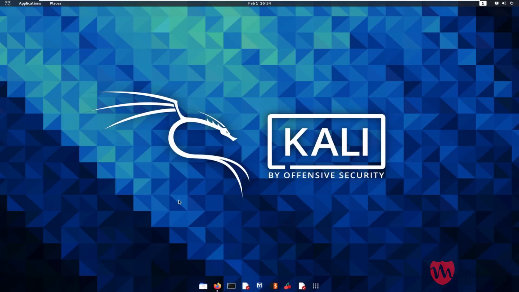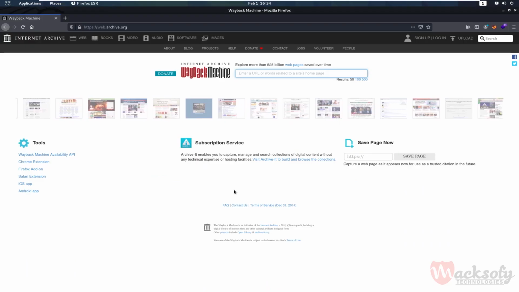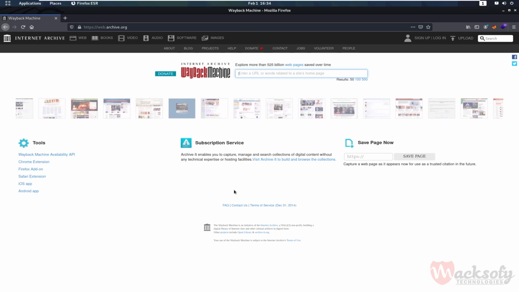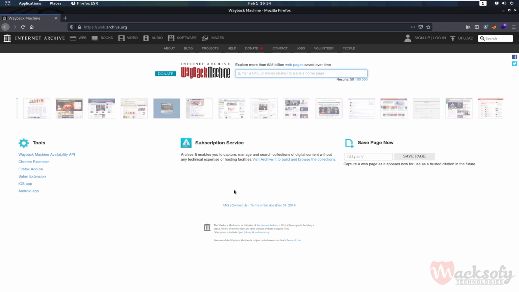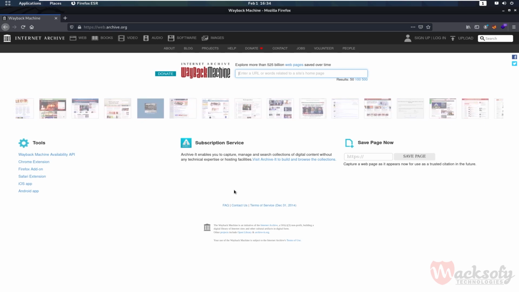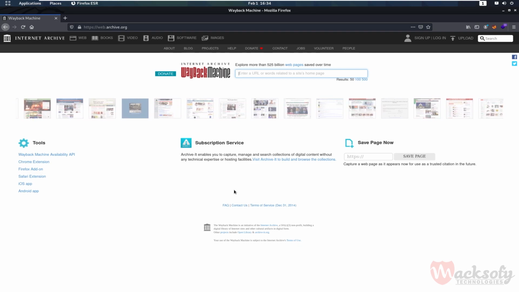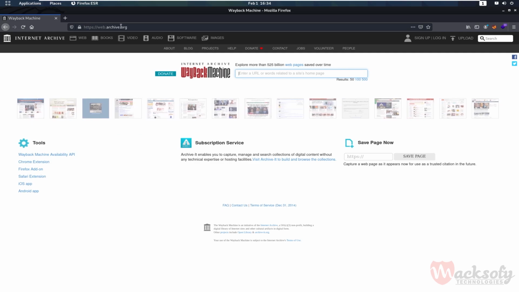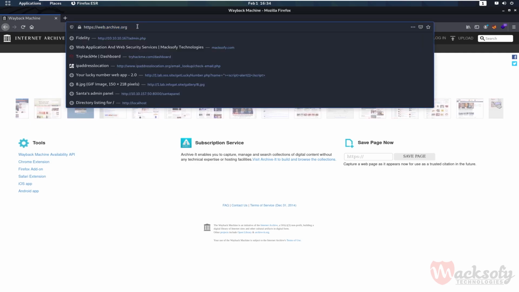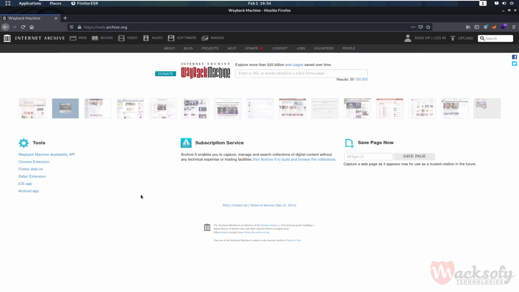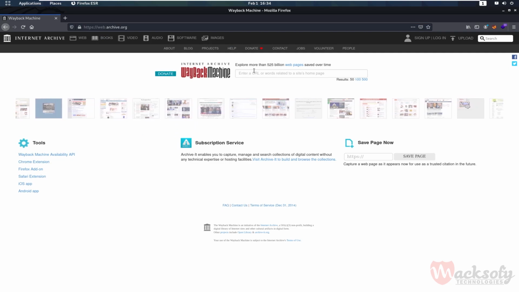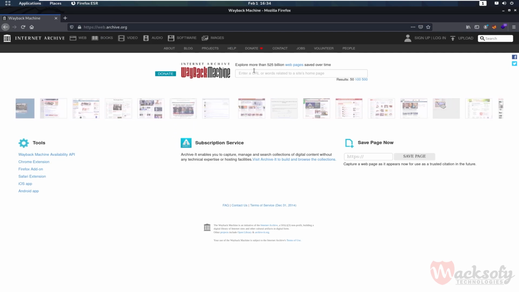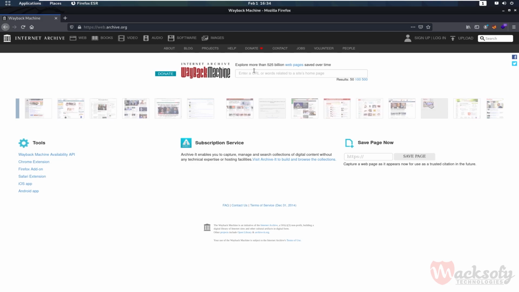Now the next thing which we are going to do is extracting website information from archive.org. Archive is an Internet Archive Wayback Machine that explores archived versions of websites. Such exploration allows an attacker to gather information on an organization's web pages since its creation. The website https://web.archive.org leads to the place where you can test this functionality, and it keeps track of web pages from the time of their creation.